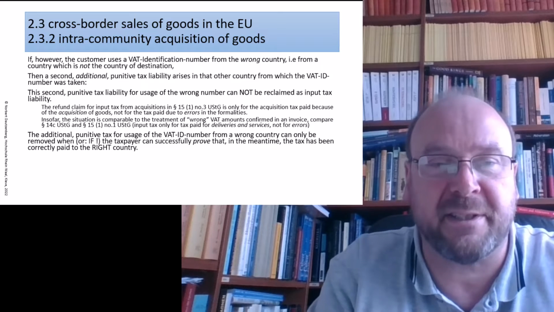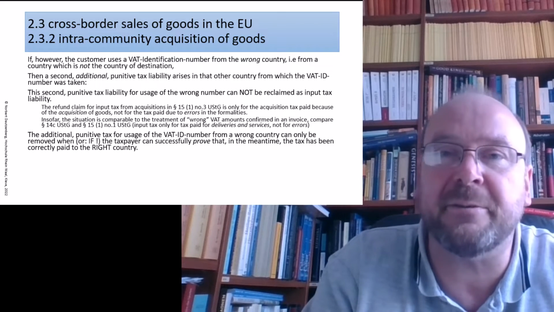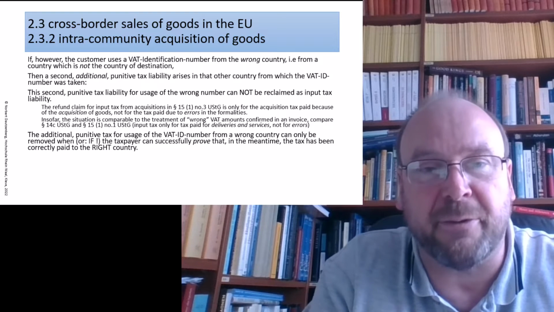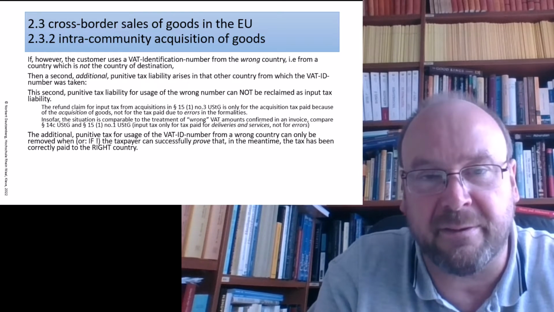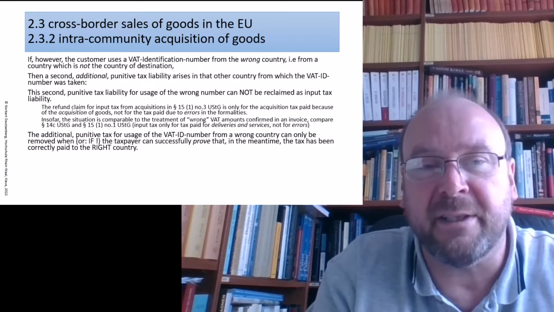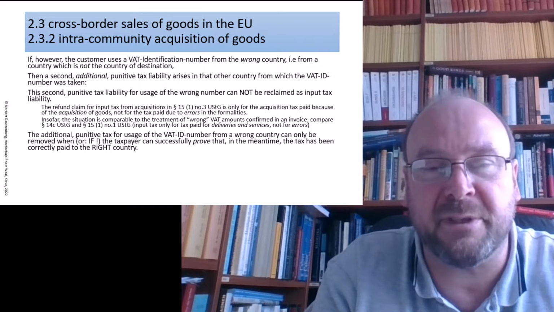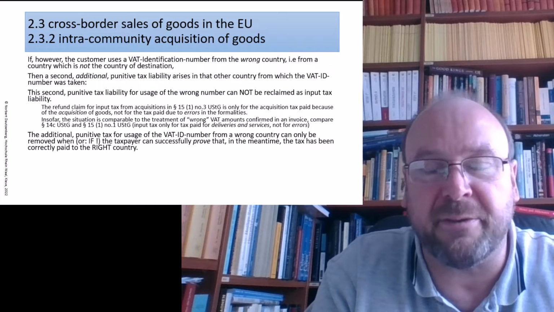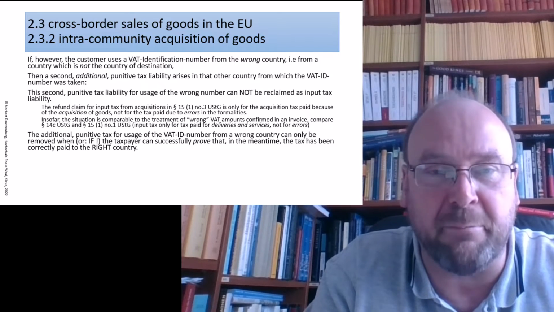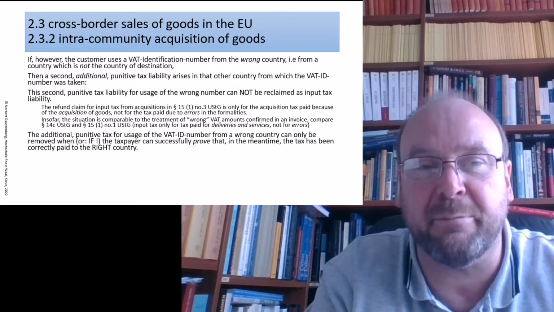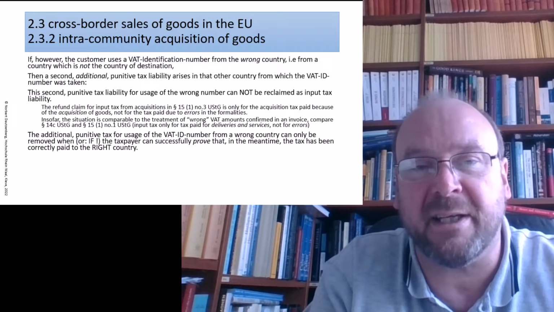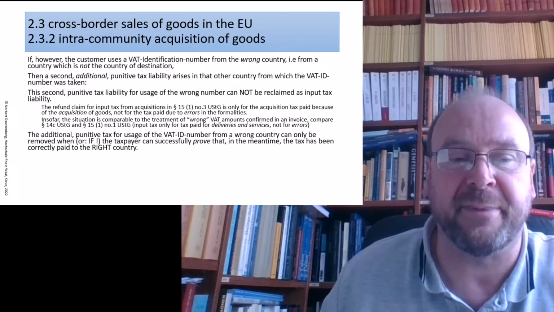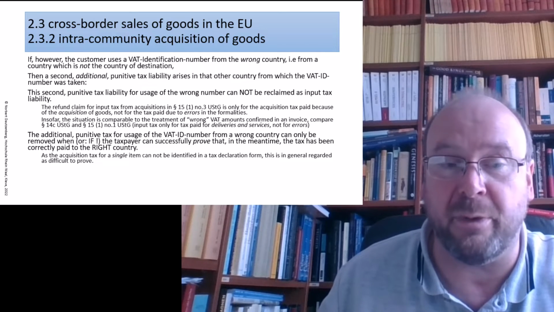That punitive tax in cases of 14C, you can get rid of it if you rectify the wrong invoice and everything. So if the error is corrected, in cases of 3D2, you can also correct your error by proving to the fiscal authority of the number country that you correctly paid in the meantime the acquisition tax in the correct country. And you get it back, and only then.